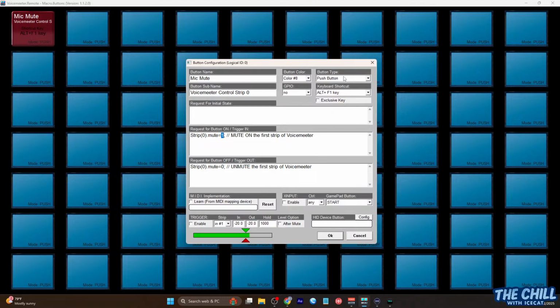So let's actually go up here because this is a push button right now. We want this to be a 2 position button because we want to have an on, and then we want to push the button again and have it turn off. We don't want to just push the button once and have it mute and then unmute, because that wouldn't do anything. It'd mute it for like half a second and then it'd unmute again. We want it to be controllable, a toggle. So if we hit OK,